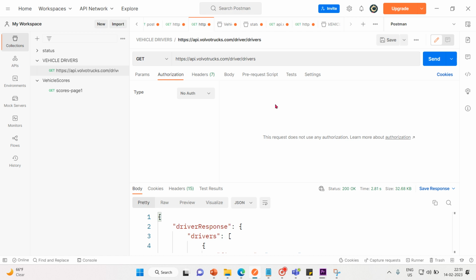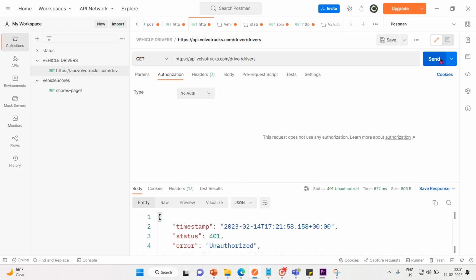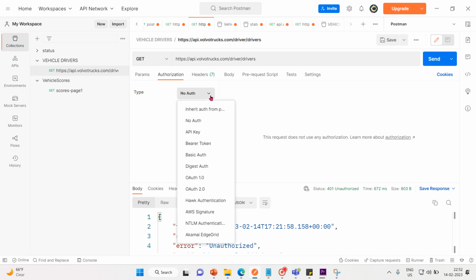If our request requires authorization, and you still select no auth, let's see what's going to happen. You're going to get this error, status 401 unauthorized. You are unauthorized to access the API. That's what it's saying. So that's why, if that API is public and authorization is not required,